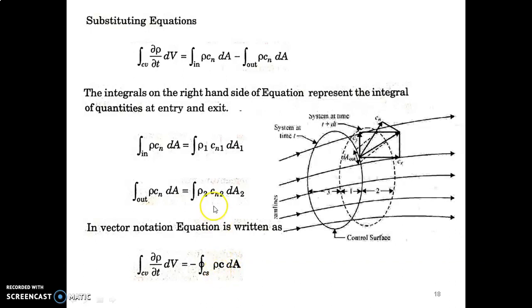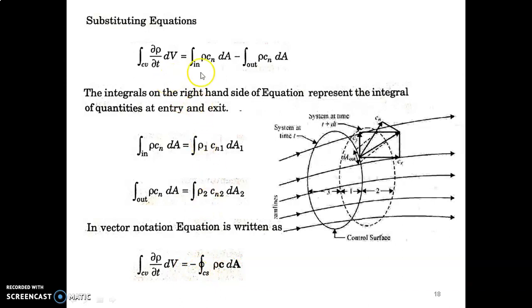In the previous expressions also we can see the fluid velocity. In the flow equation, Cn1 is shown here, which is the normal fluid velocity to the control surface. This is inflow, that's why it is Cn1, and in outflow, it is Cn2. Now, why has this negative symbol come into the expression? We will discuss that.